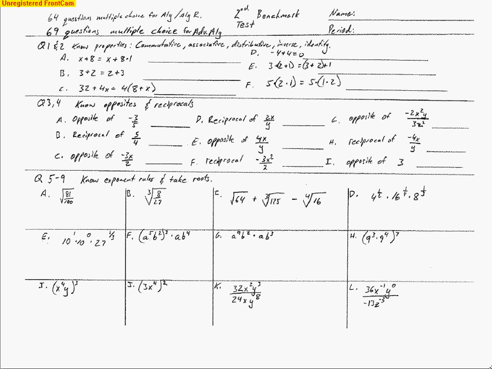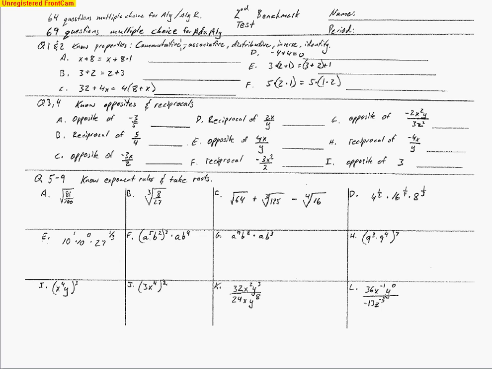These are the worked out solutions for the study guide for the second benchmark test that we will take. It says up on top there's 64 questions. They're all multiple choice. There's 69 questions for the advanced algebra class, and questions 1 and 2. So questions 1 and 2 are going to ask about properties, number properties, and basically the answers are either going